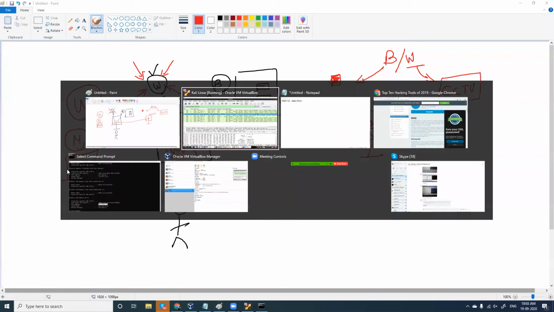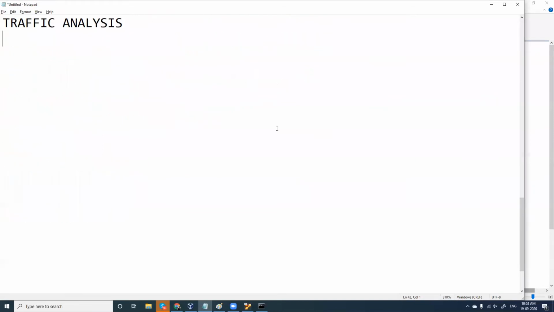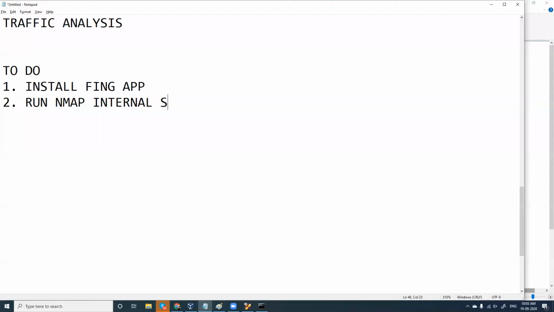Fine. So as far as today's to-do is concerned, you have to-dos for today. One is install Fing app in your mobile, then run Nmap internal scan and find how many computers are on.